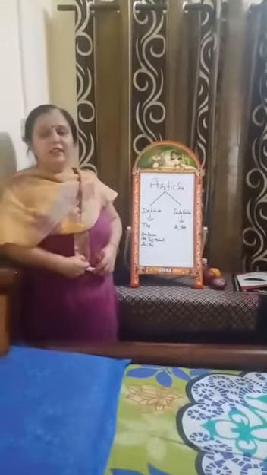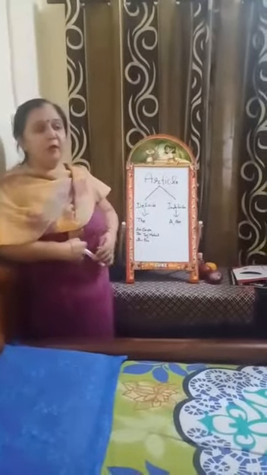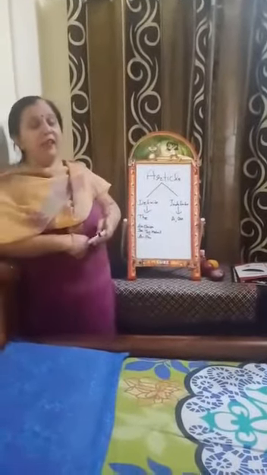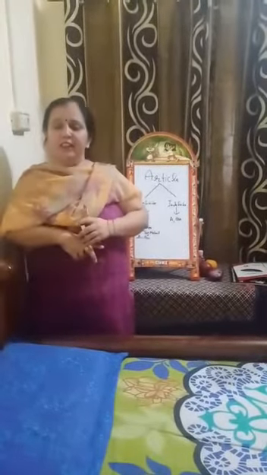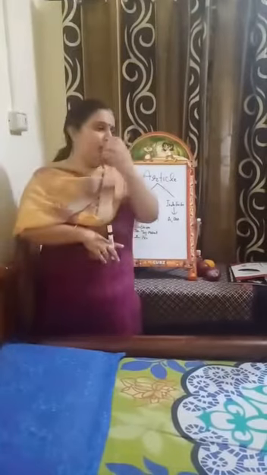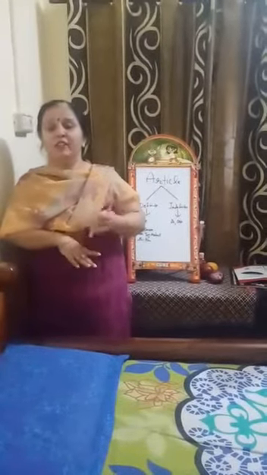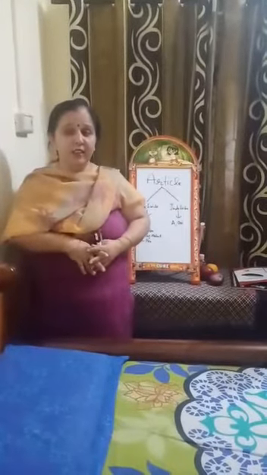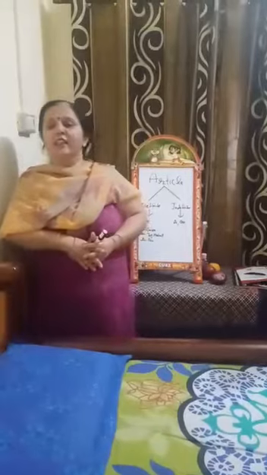Okay, dear kids, today we will discuss a somewhat new topic. But before coming to the point, tell me, how many alphabets are there in the English language? Yes, there are 26 alphabets in the English language. Very good. And how many consonants are there? Yes, 21 consonants are there in the English language.